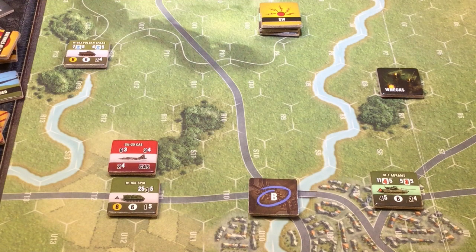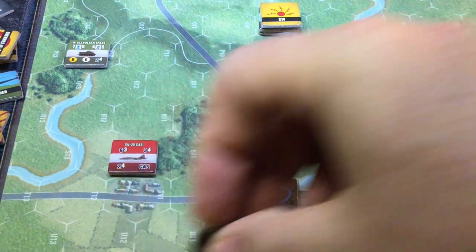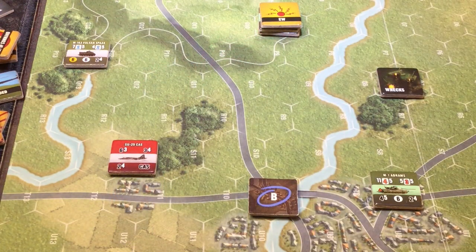All right, just as before, the only difference is we get to roll 3 dice on defense, looking for 6s. Nope, can't buy a break. We got 3 hits. This self-propelled mortar blows up real good. We put a